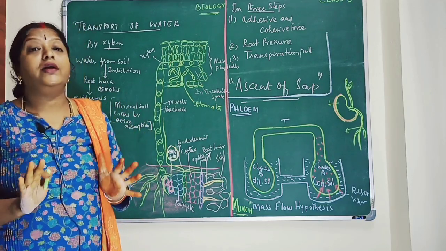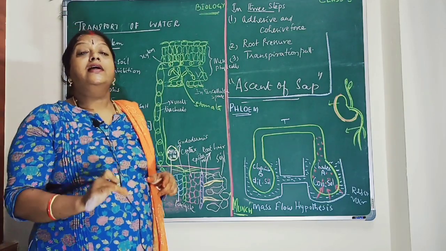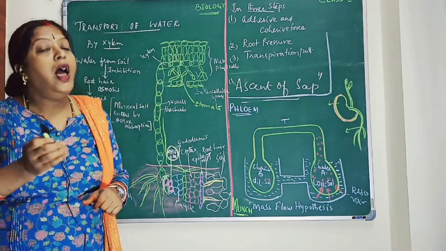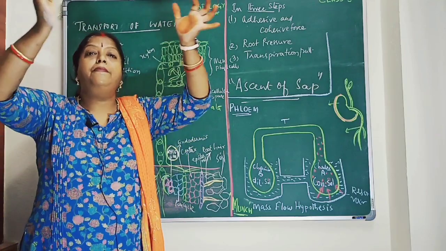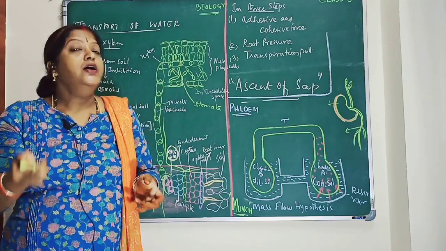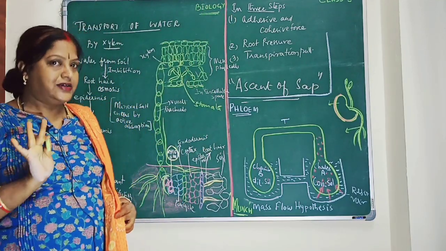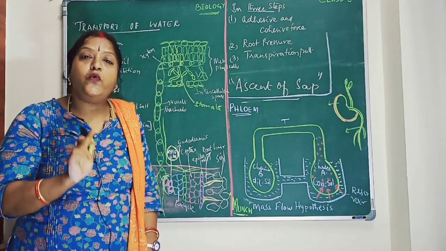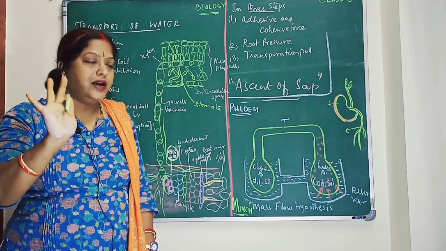Transpiration is very important. If transpiration does not take place, the carbon dioxide in the plant becomes much higher, heat production becomes more, and the whole tree or the plant dries off as it is. Okay, so transpiration must take place. Understood, children? Root pressure and transpiration help in the transport of water in higher plants. Okay, so